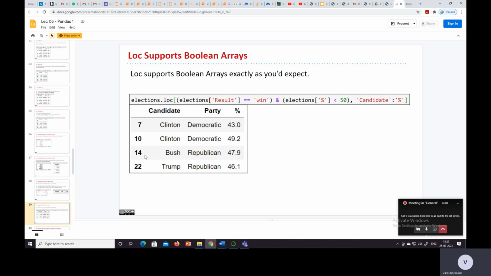Then the 14th row is also a win: Bush won the election, and his percentage was 47.9, and Trump also won the election and its percentage was 46.1. It is the same as the previous one: we got a data frame because we have multiple columns. So here we can use Boolean arrays.